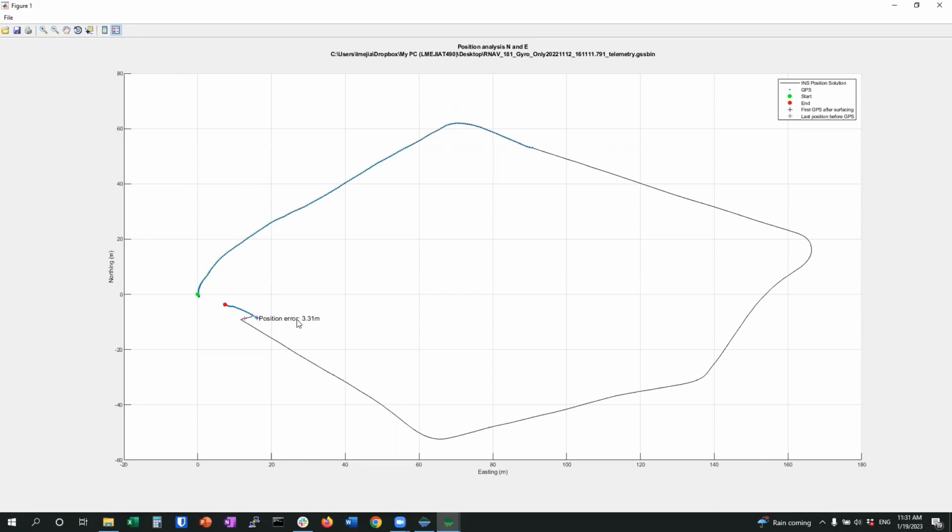So roughly I was off just about 9 feet on this. I believe it's like a 2.5 kilometer run. So then I just drove it in, and the red dot reflects nothing more than when I stopped logs. So for position error, for a long run, I'd say that's close to acceptable. Obviously I like to be in the ones, but if it was a short run, I'd probably want to rethink what I did